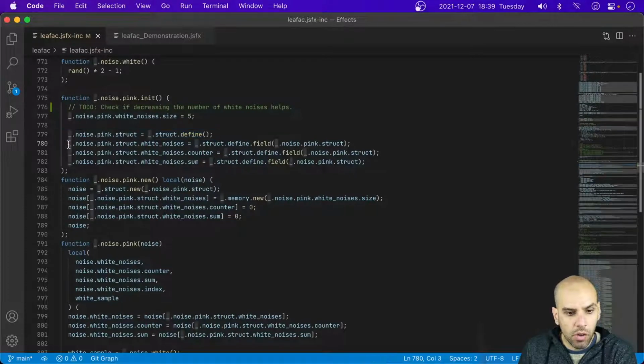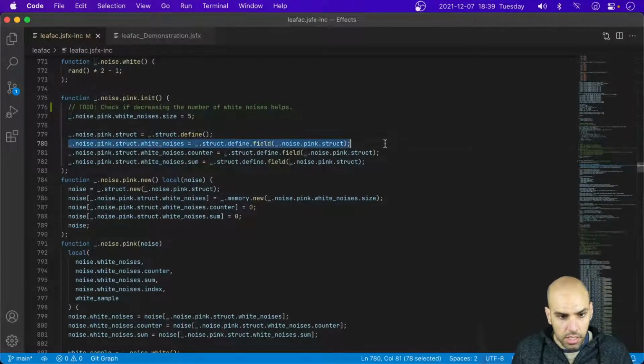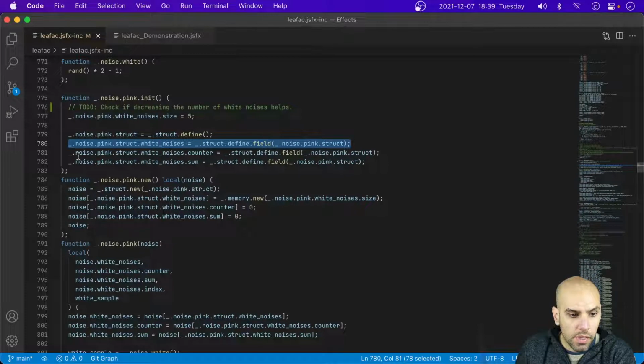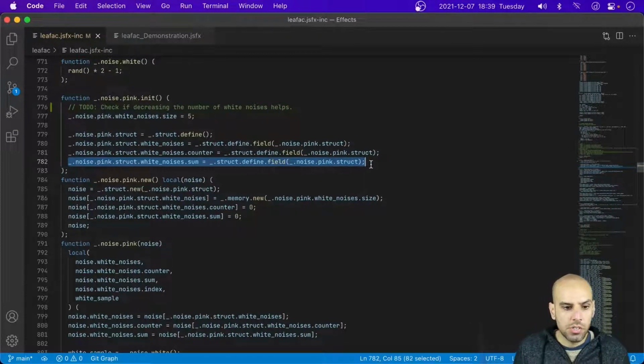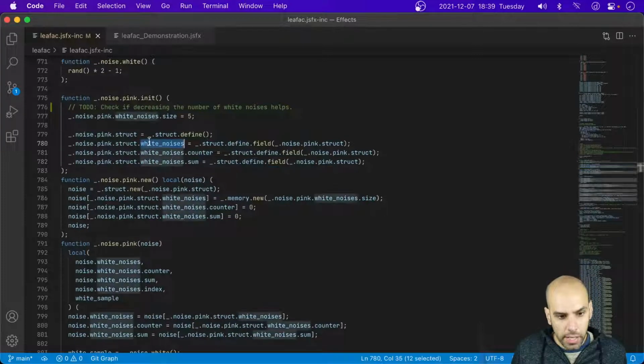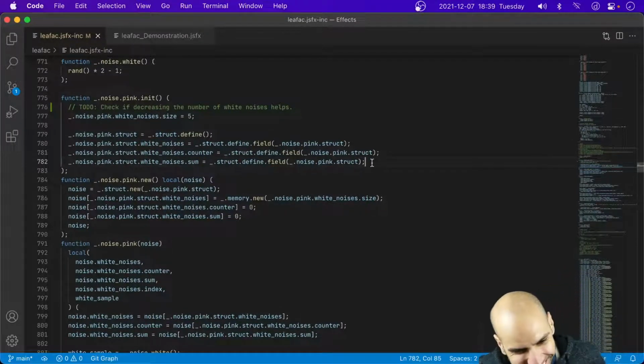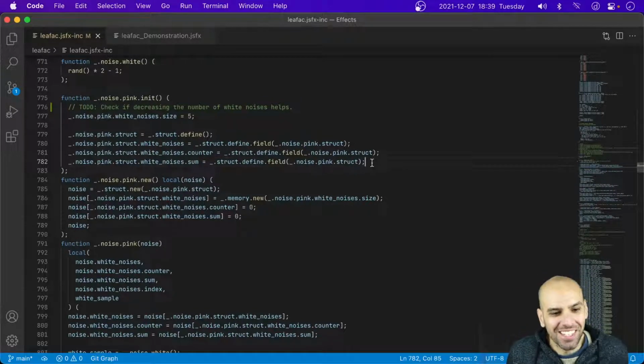And it is remembering all the sources of white noise. That's one of the fields. Then we have a counter because we need to determine which source of white noise to update. And then we have a sum, which is just the sum of all the white noises. And this was supposed to make things faster. Now, this thing is so slow that it is funny for me to bring up something that was supposed to